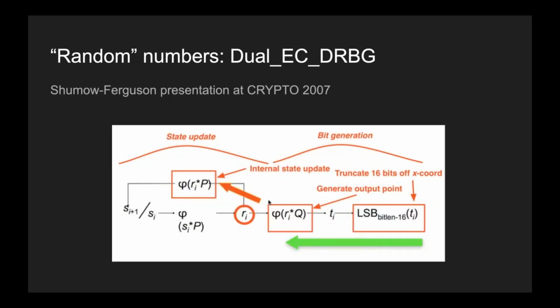So this red arrow, there are a lot of symbols in here, but really all I want you to look at is the P and the Q. And remember when we were on the elliptic curve, the P and the Q are your two base points, and then you bounce around a bunch of times. But if you pick those P and Q carefully, they affect everything else. And so the suspicion here is that the NSA carefully selected this P and Q to be related in a way that they can undo this whole algorithm. Right, so that's it.